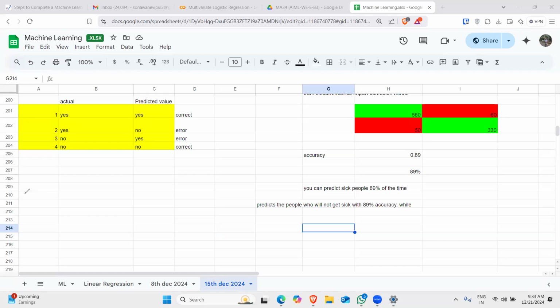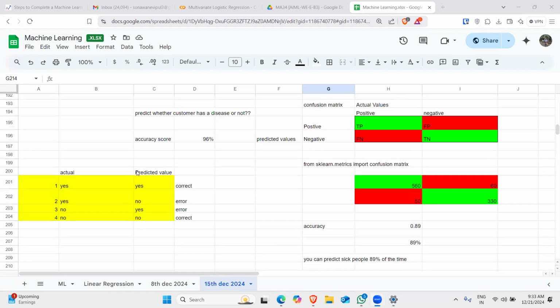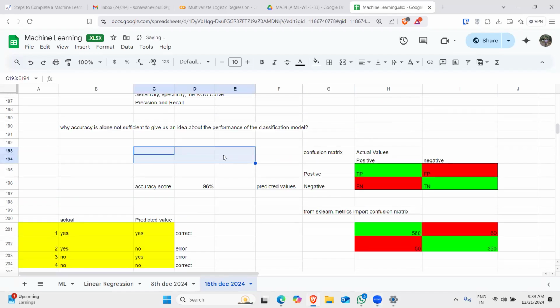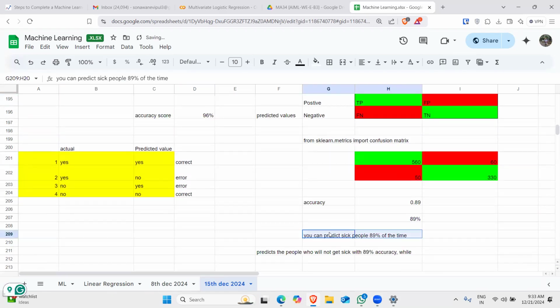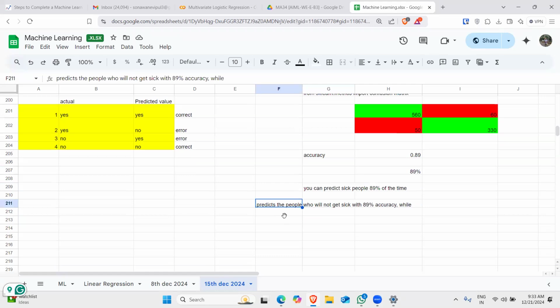For example, there is one critical virus. Let's change the problem statement. We are interested to predict whether the patient has coronavirus or not. So we are interested to predict how many patients are infected with the virus, but it is giving us an idea about the total number of patients who will not have the virus. So it is not considering the person who has the virus. Yes or no? That's why we have some different measures.